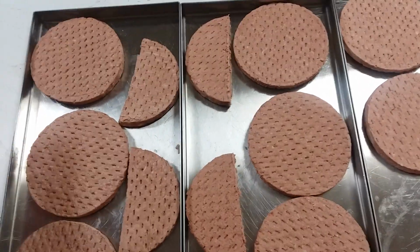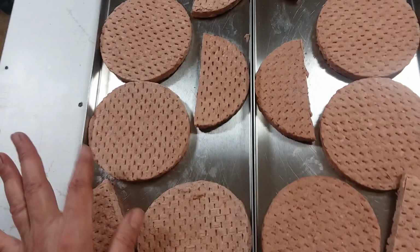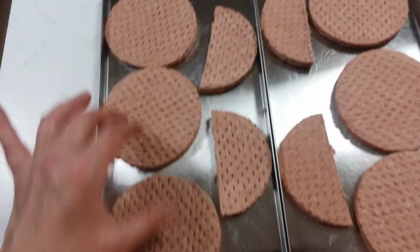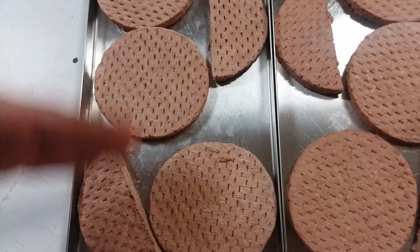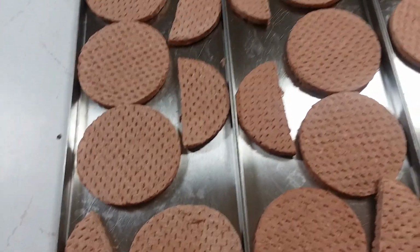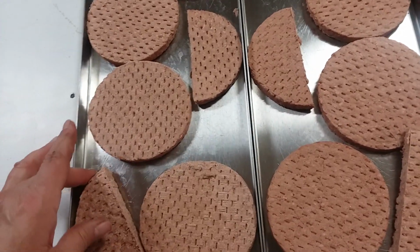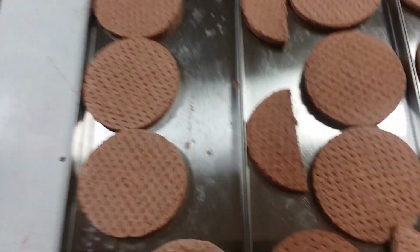So these are 1/4 pound burgers, and food does shrink a little in the freeze dryer, because when I put these on here, I had to force 4 in here to fit. So I'd say we've got maybe 1 inch of shrinkage between 4 burgers, so not much at all, just enough to notice. And then I didn't want to leave this big empty space like that, so I cut a burger